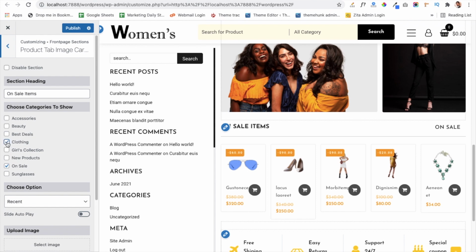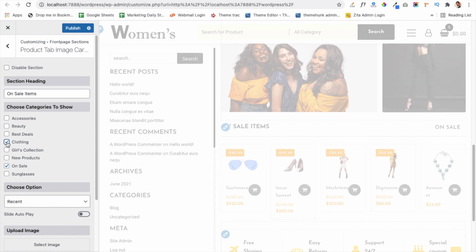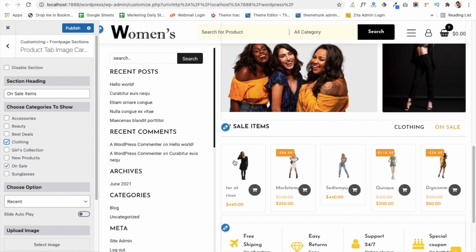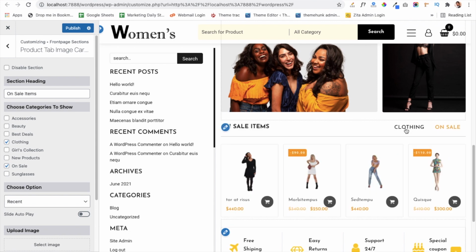If I select this clothing category, then you will see the difference in our website. So now you can see our clothing tab and on sale tab are activated here. When a user clicks on the clothing tab, then it will show products of that particular category. So using this product tab image carousel section, you can show your products of different categories.